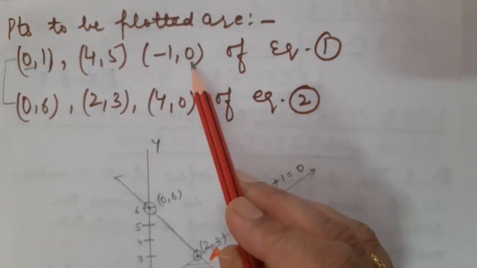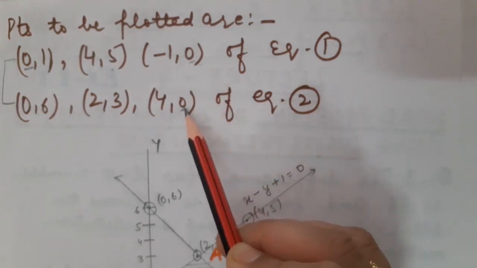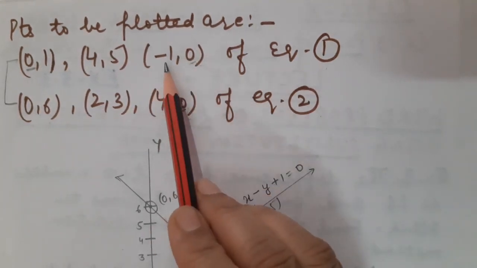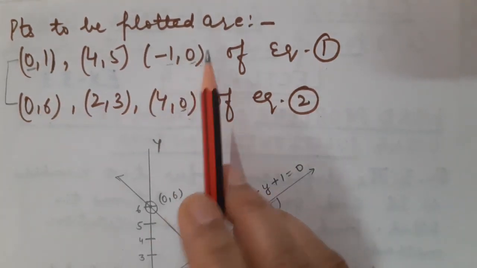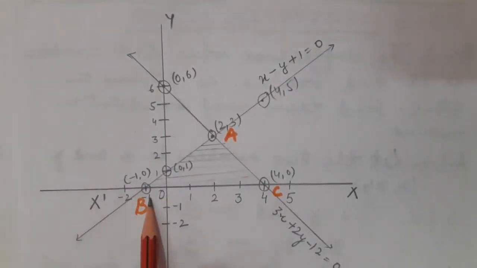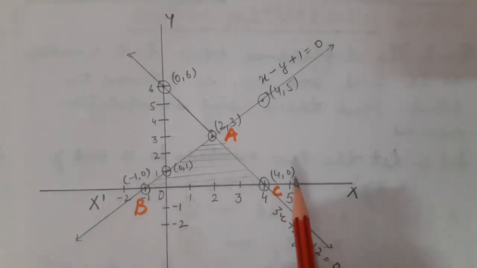When the ordinate is 0, or I can say that the y coordinate is 0, these must be plotted on the x-axis. But here you have -1, 0 given. So definitely -1 you will get here on the left hand side of the x-axis, right children? So this is -1, 0. And let us talk about 4, 0. It would be 4, 0.